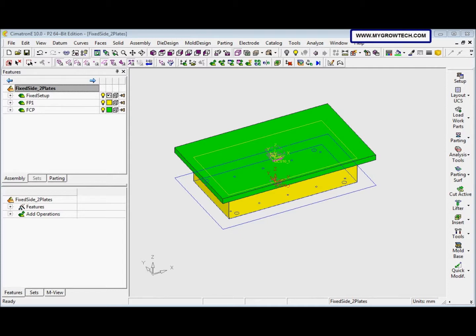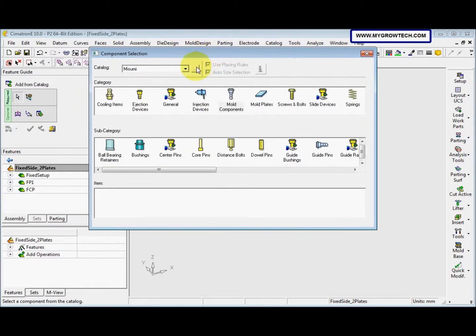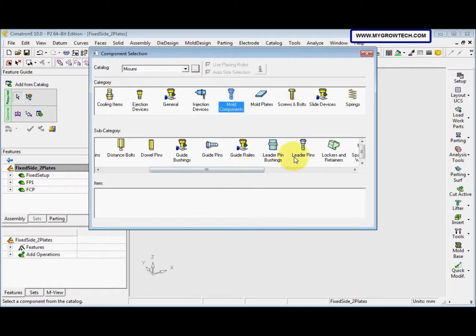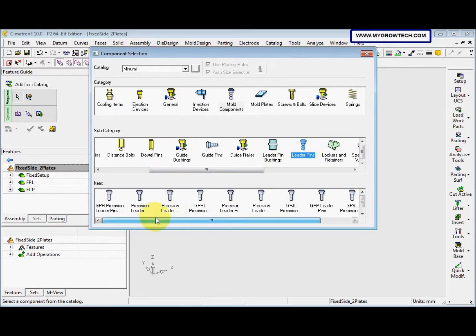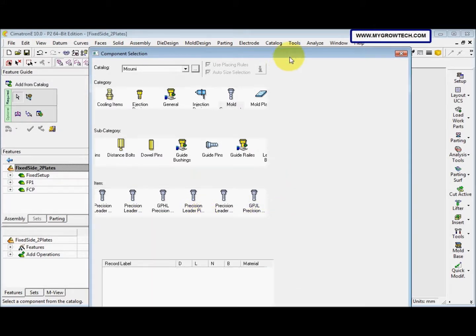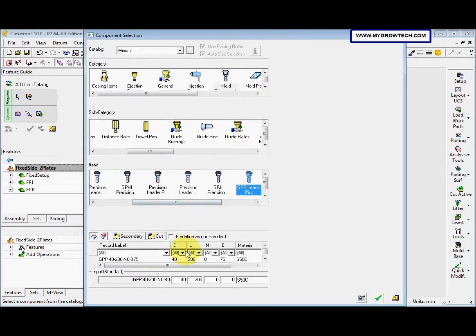In step 8, we will bring in the components. So we start with the leading pins. So first we need to activate the assembly, and then we go to here, select more parts. This is add more components and select add more parts. And okay, at the catalog here we can select from the catalog. For now I'm using the Misumi, and so more components and select the leader pins. Okay, and the item we select is the GPP leader pins. Okay, and D is 80 and this is 335. N is 100 and P is 75. And right click, okay,